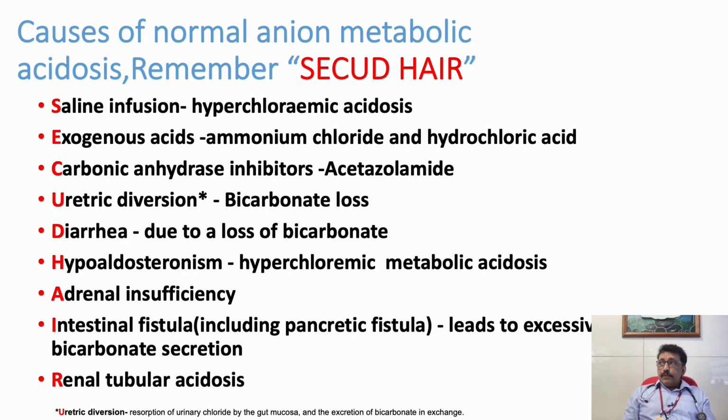This can produce some amount of acidosis, but remember this acidosis, normal saline induced hyperchloremic metabolic acidosis, is clinically benign. It will not produce any problem clinically, but the ABG may show acidosis. Causes include exogenous acids, ammonium chloride, hydrochloric acid, carbonic anhydrase inhibitors, acetazolamide, and ureteric diversion, that's a type of surgery,